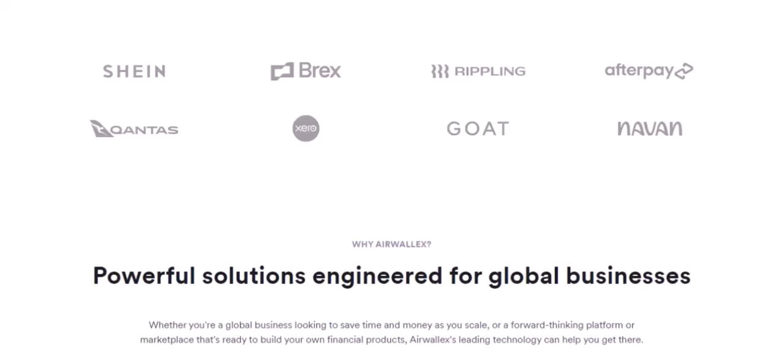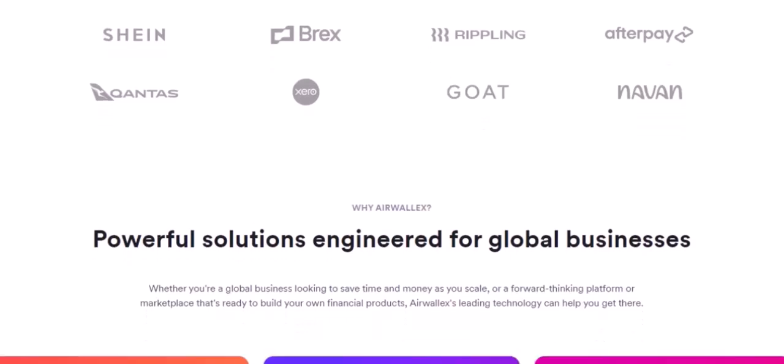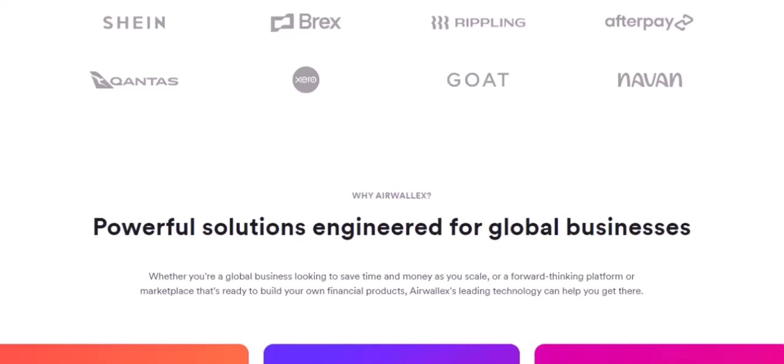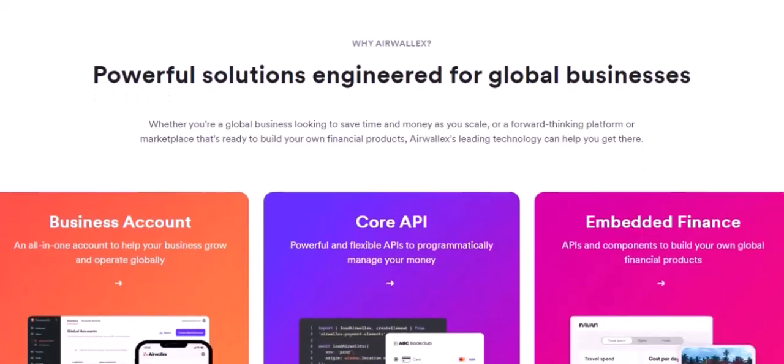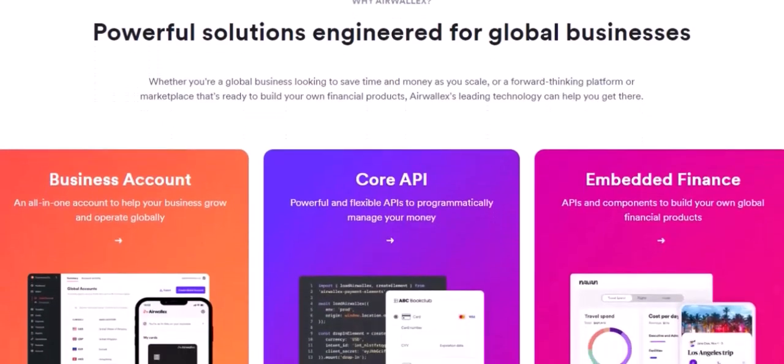Streamlined operations: Airwallex's platform is designed for efficiency. You can easily track transactions, reconcile payments, and manage your finances all in one place. So, if you're looking for a reliable and efficient payment solution that can help you grow your international business, Airwallex